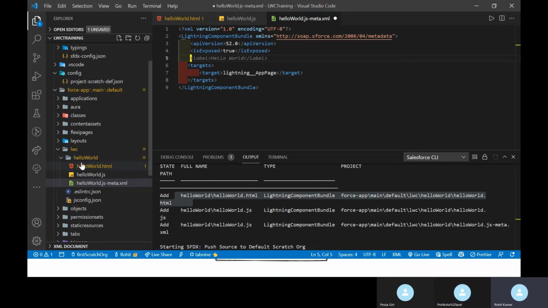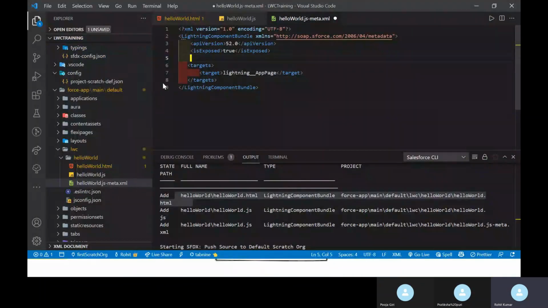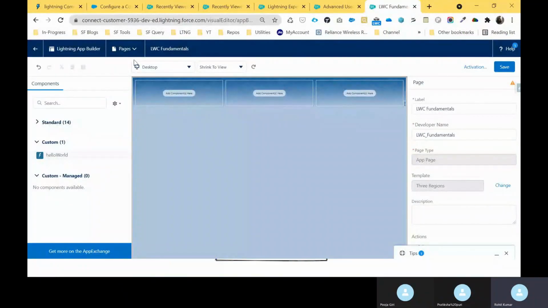This is the best practice, or the good way, to create your component with camel case, right? You can see this component the same way under the Lightning App Builder, hello world, in camel case. But from a programming perspective it is good, whereas under the Lightning App Builder, according to user experience, it is not good here.